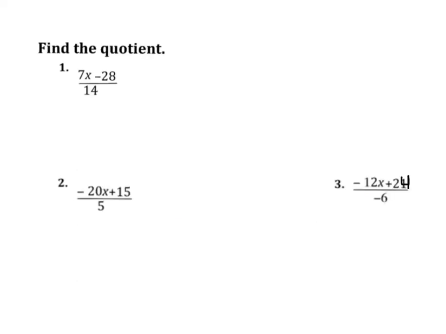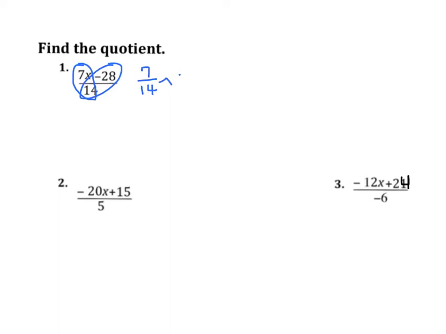All right, so let's find the quotient, just like we did in our first problem. I've got 7x minus 28 divided by 14. Again, we're going to break this into two parts so we can simplify. When I simplify 7 divided by 14, I'm going to end up with a fraction, so I'm just going to leave it as 7 all over 14